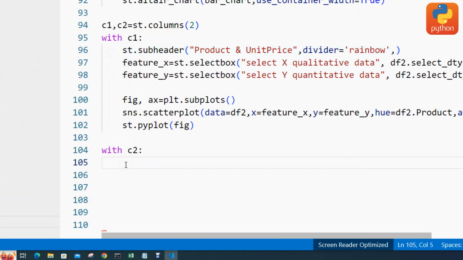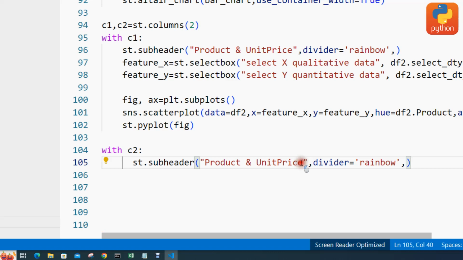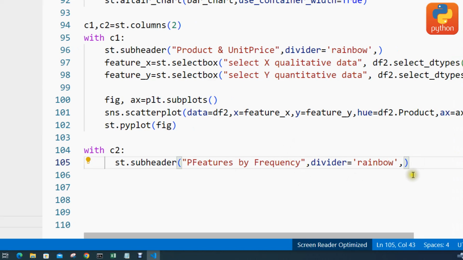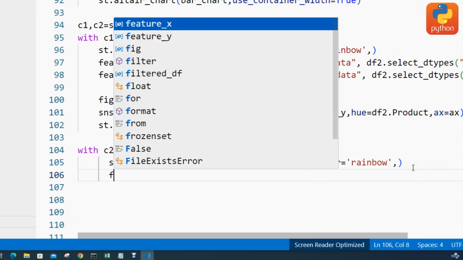Let's paste. This will be features by frequency. Okay, so now feature